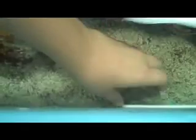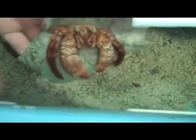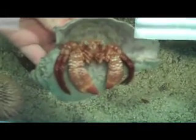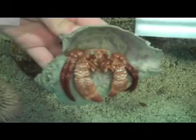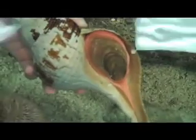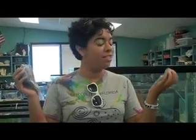This is a hermit crab. Hermit crabs inhabit shore areas and tidal zones and mangroves of Florida. Unlike their cousins, the mollusks, they do not make a shell, they find a shell. Over here you can see a mollusk that has made its shell. Once a crab gets too big for its shell, it vacates the premises and finds a new shell that fits